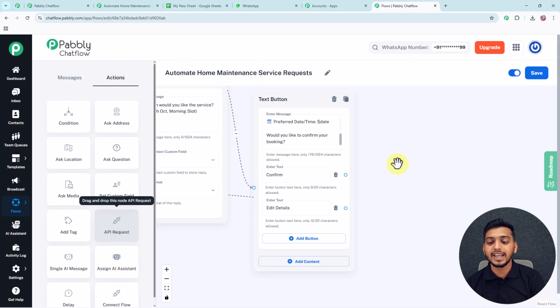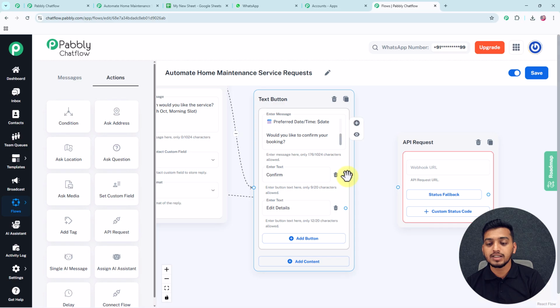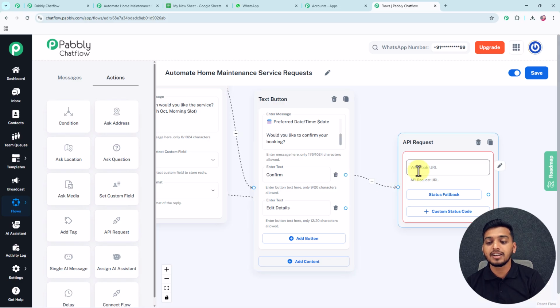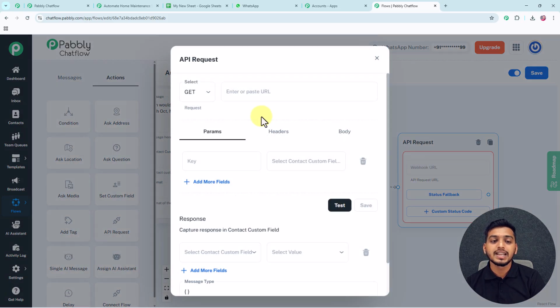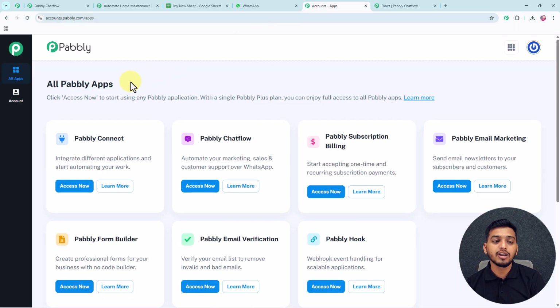So I will drag it in, and then I will connect these following circles. And after that, I will click on this webhook URL box, and then from this request drop down, I will select this POST because I want to post all of these details that I will capture here inside my Pabbly Connect account. And then for this webhook URL, we have to go back to this particular all apps page of